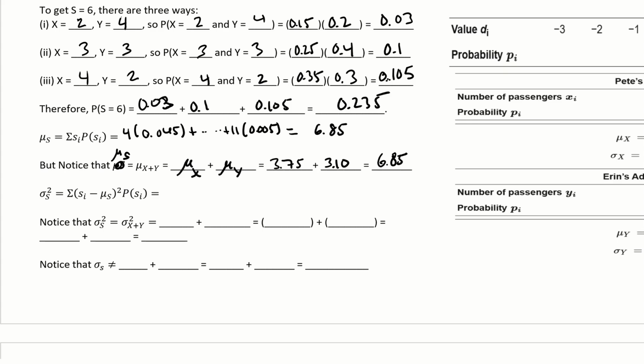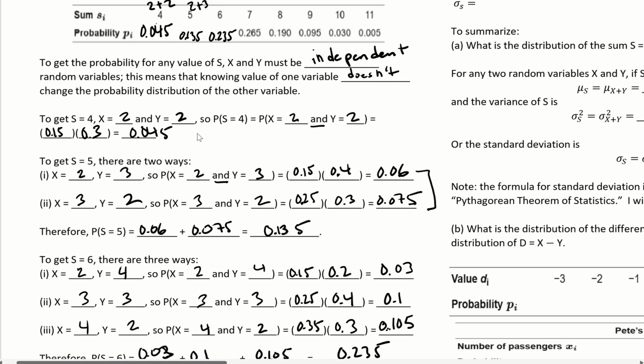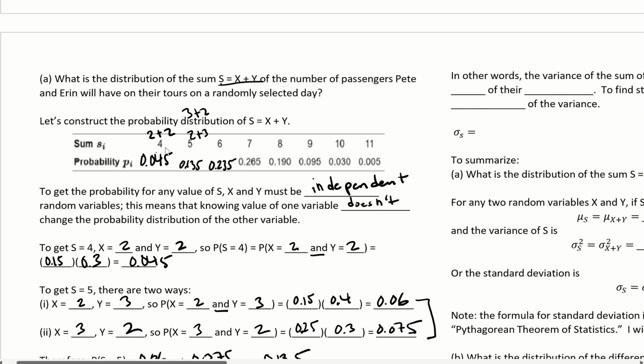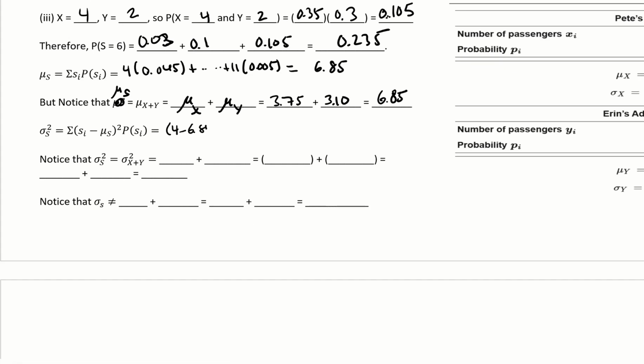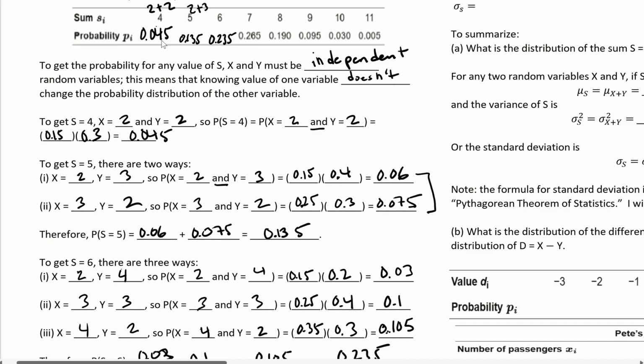All right. Now let's look at a standard deviation, though. Okay. So standard deviation, we have this formula. Let's calculate the sigma s for that. This is the variance actually because it's squared. So we're going to just look at the variance for now. So this is the variance with the squared. All right, so we got 4 minus the sum was 4, right, for the first sum. You look at it here, the first value, minus that 6.85 squared times the probability for the 4, which was 0.045,